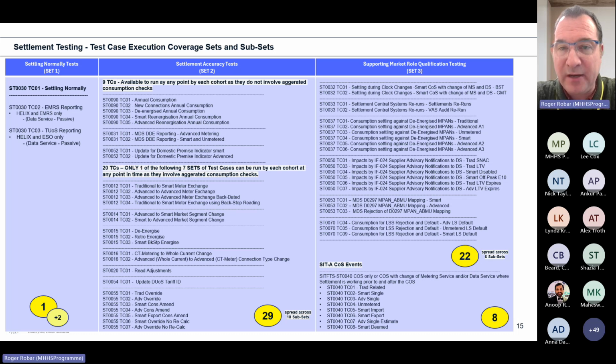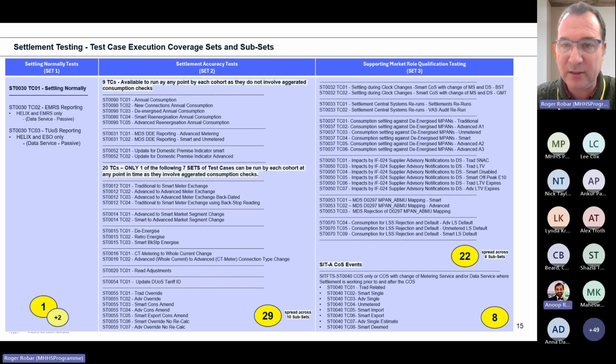Is that clear to everyone, how we've derived them and how we're spreading them out? Great. I think this is all I had on settlement. So I just wanted to review, especially for those of you who've been through FTIG, how we're breaking those out.